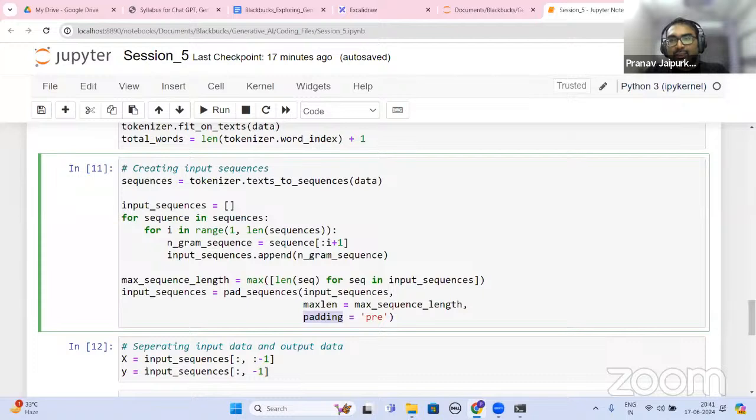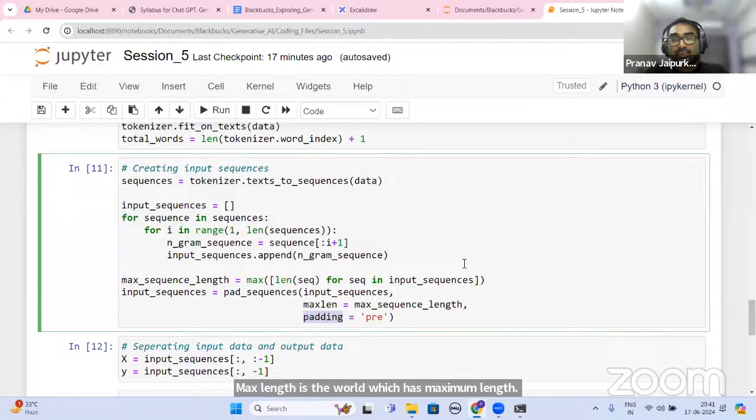Max length is the word which has maximum length, okay, maximum sequence actually. I will share the coding files, Chaitanya, don't worry. Padding equal to pre means it's zero in front, correct, absolutely correct.